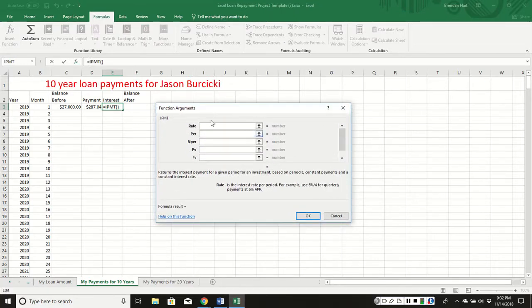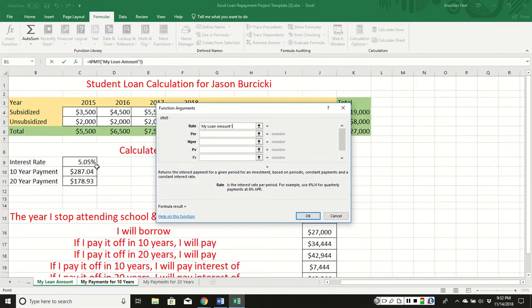So your rate is going to be the same rate we've been using, which is right here on the My Loan Amount tab, cell C9, 5.05%. Click that. Make sure this is an absolute reference, so when the formula moves down, it will stay referencing that interest rate. $ before and after the letter, and divide this by 12 to find your interest rate per month